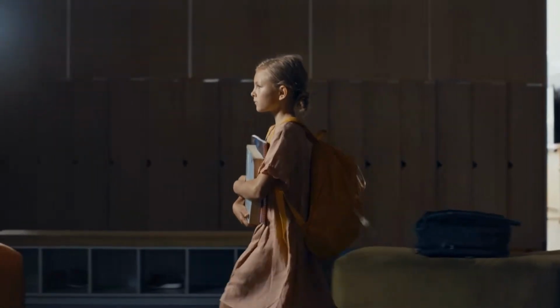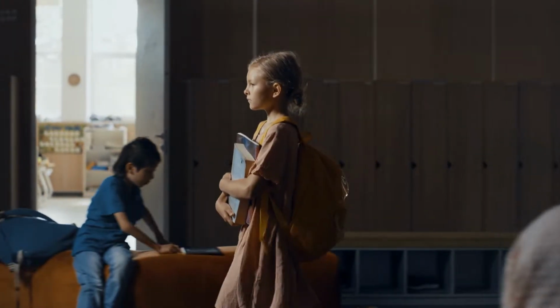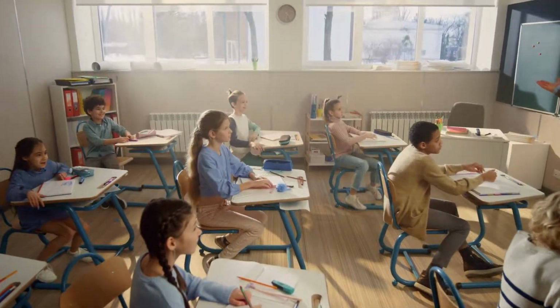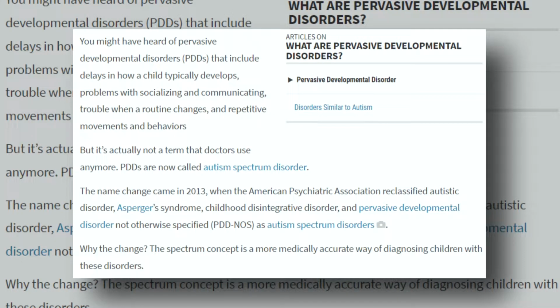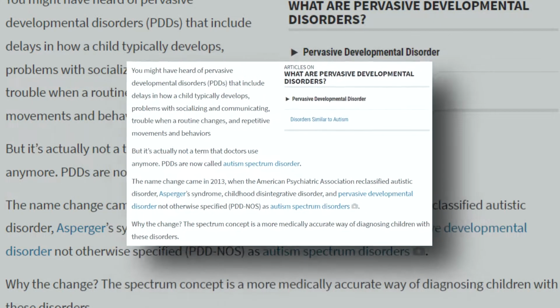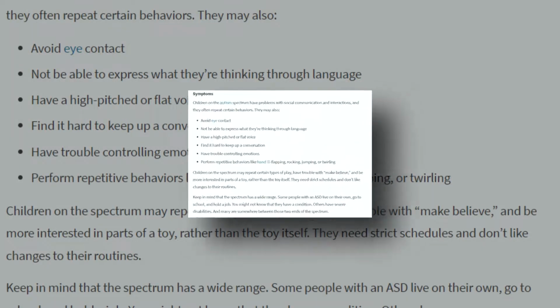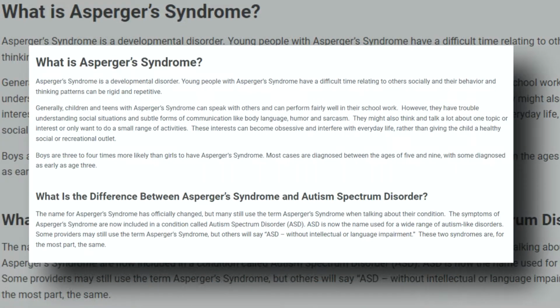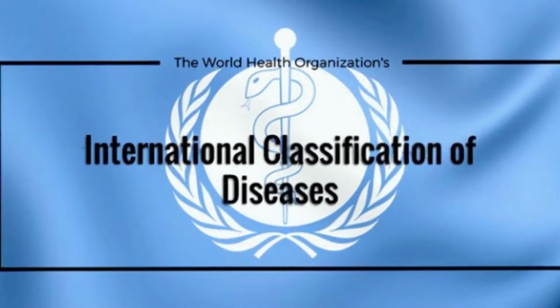Autism is a neurodevelopmental disorder that affects a person's ability to communicate, interact with others in a social setting, and respond appropriately to the environment. There are several special categories of disorders described as pervasive developmental disorders, including Rett syndrome, pervasive developmental disorder not otherwise specified, autism, and Asperger's syndrome, as defined by the DSM-4 criteria and the International Classification of Diseases.